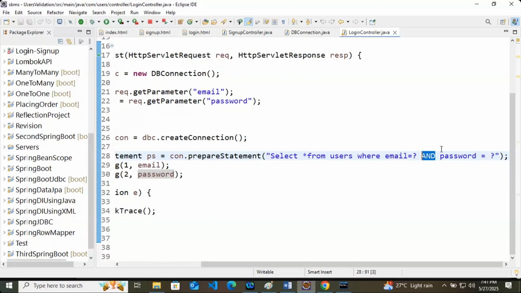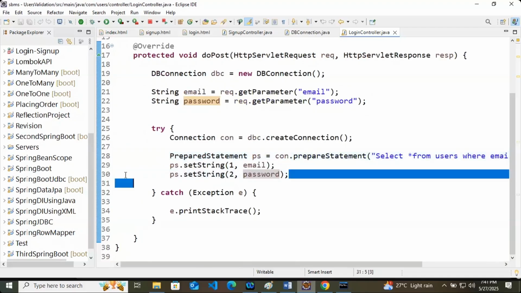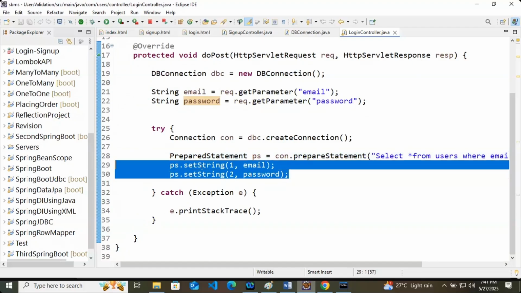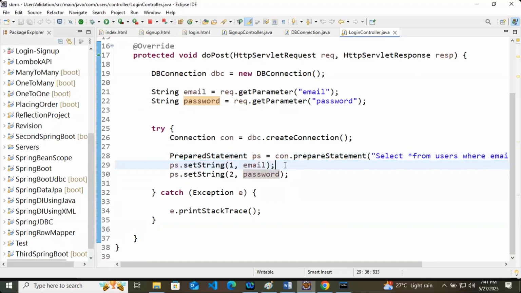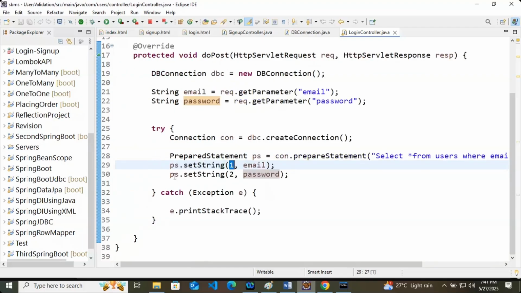Means if both the values match, we will get the user. Then we set the values: the first question mark is for email, the second is for password.